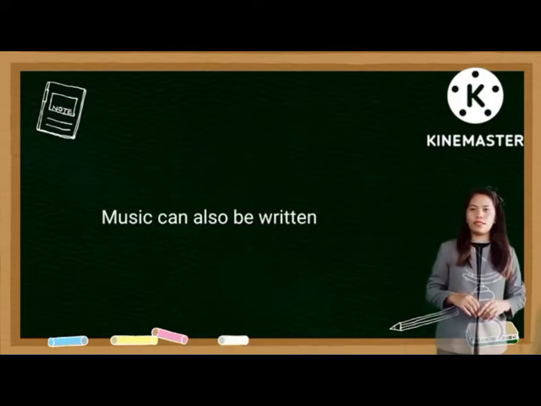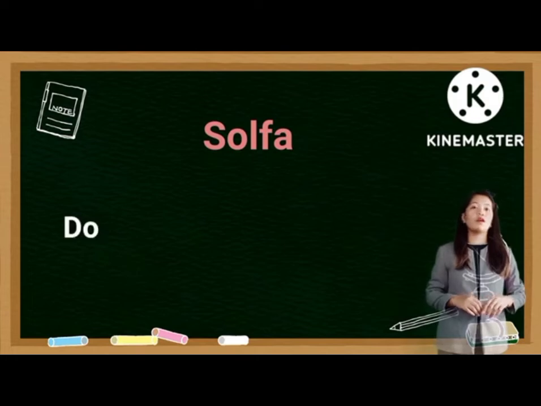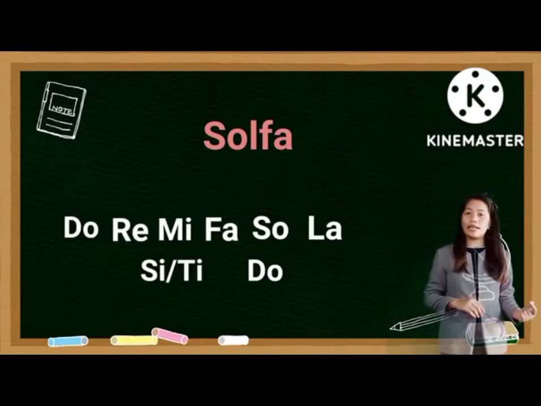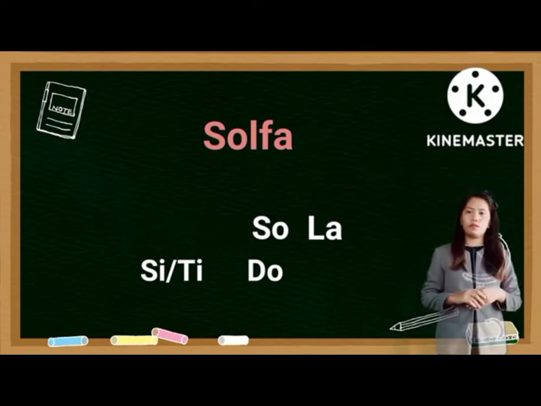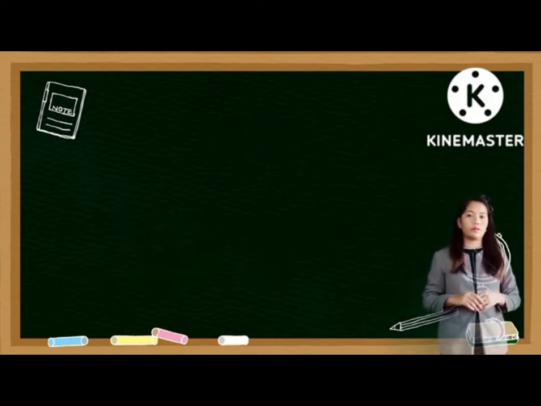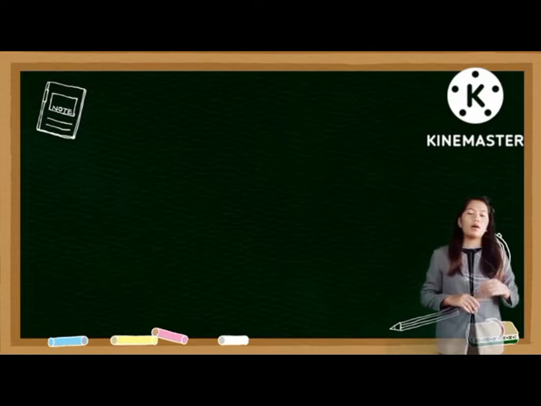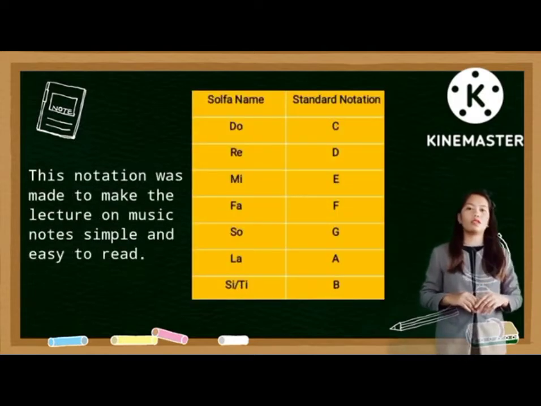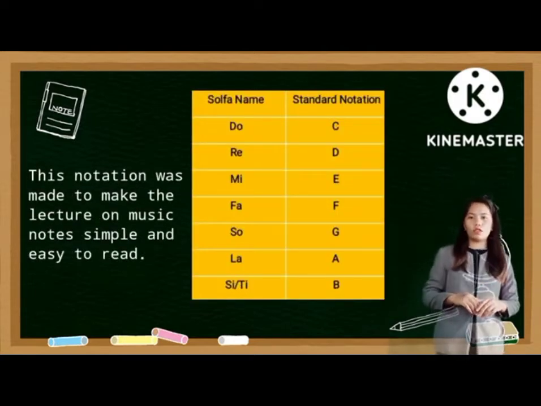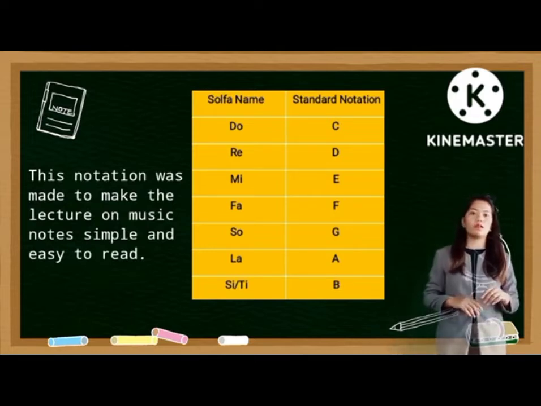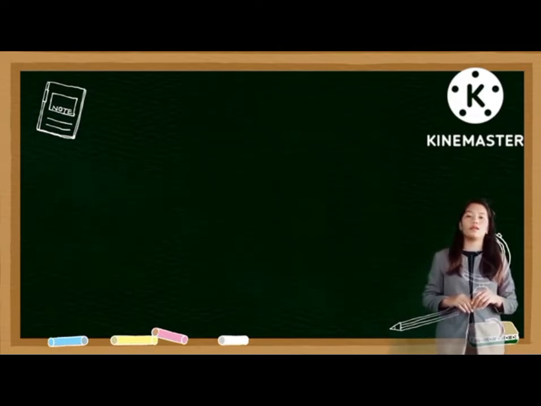Music can also be written, naming them as in the solfa, composed of do, re, mi, fa, sol, la, ti, do. I know most of us are already familiar with this kind of music because it's already taught by our teachers when we're still in grade school. I will present here a table that shows how each note is represented in the standard notation or chords. Chords are often used in instrumental music, like for example when playing guitar.